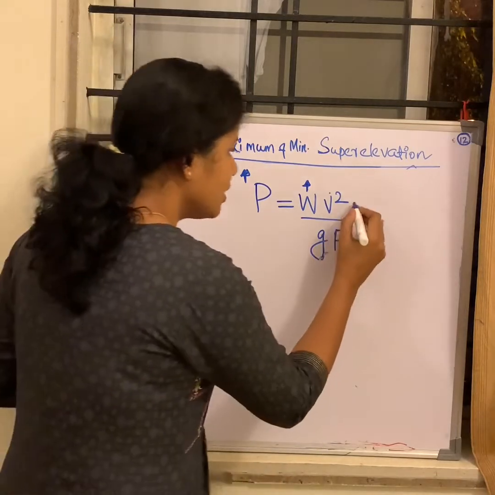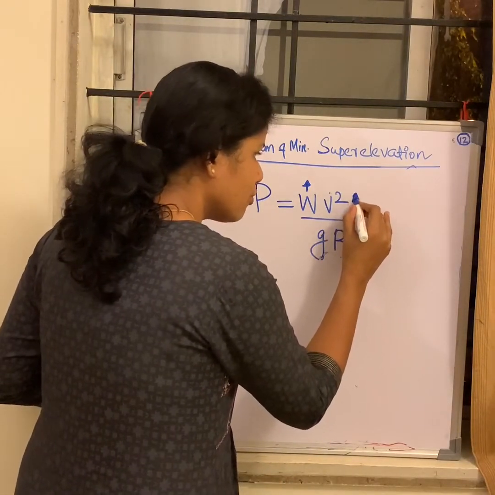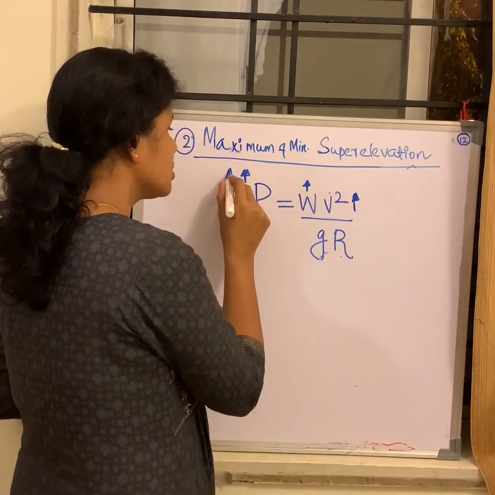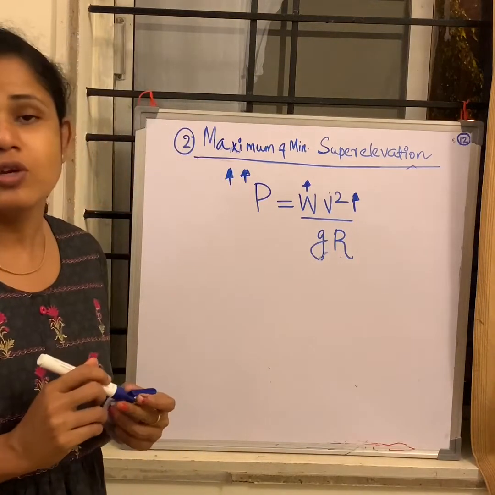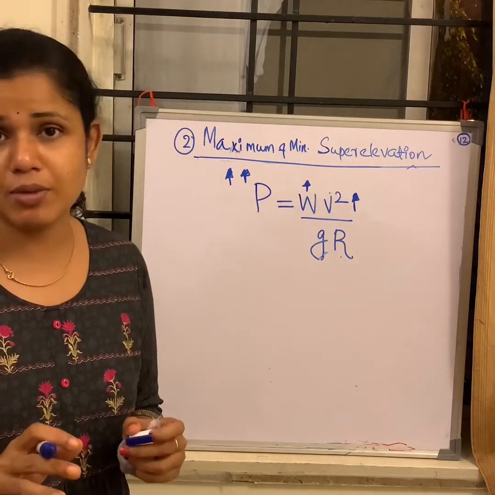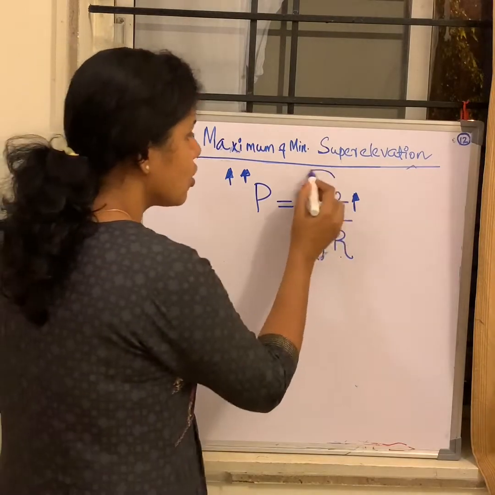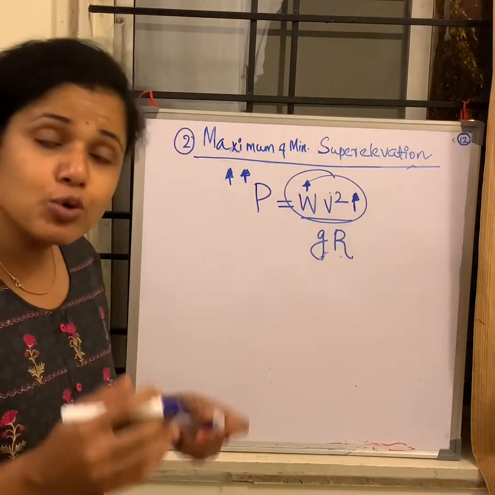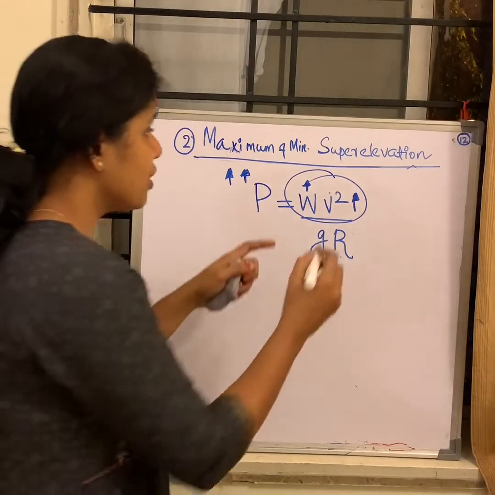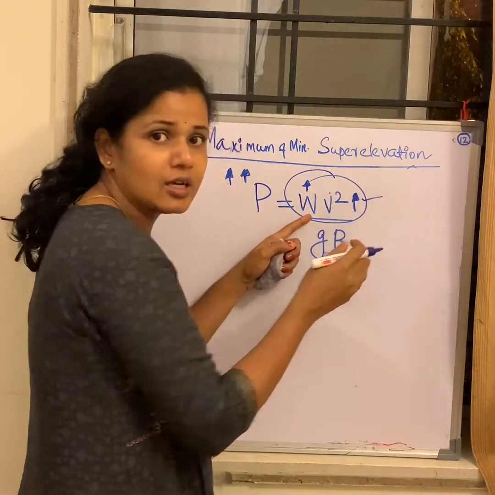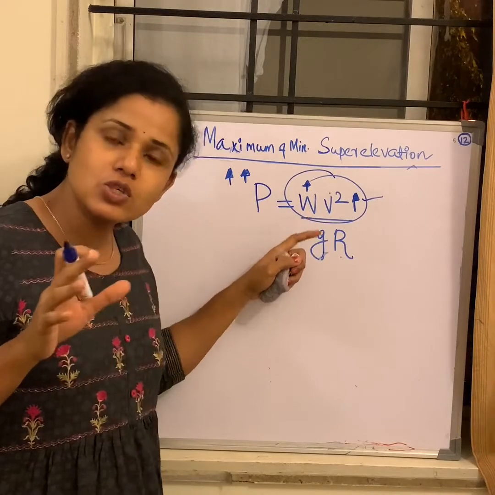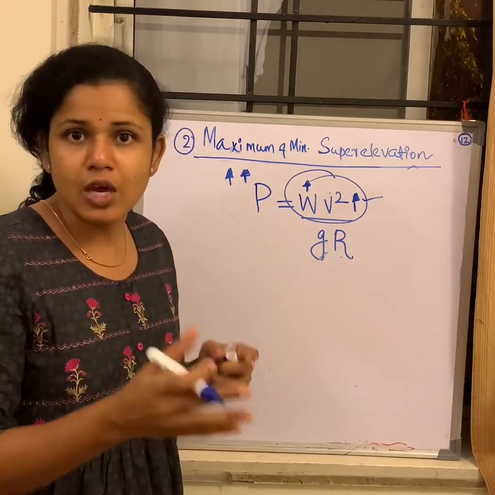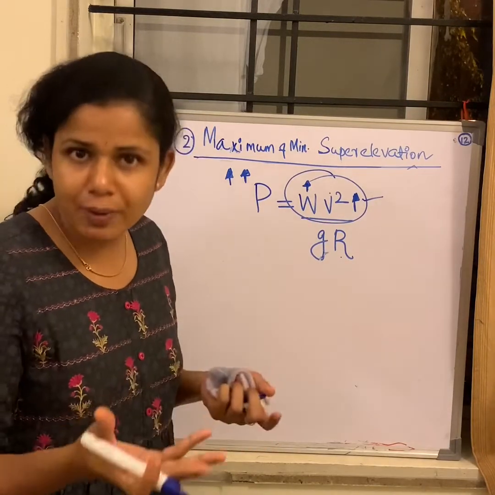So as the speed varies, even in the case of a fast moving vehicle, the centrifugal force that is going to develop is also high. So how should I design my super elevation? Should I consider only fast moving or heavily loaded vehicles? If I am doing so, what's going to happen? If I consider only this criterion, then the slow moving vehicle is not able to traverse the curve. Probably they may have a toppling effect or something.